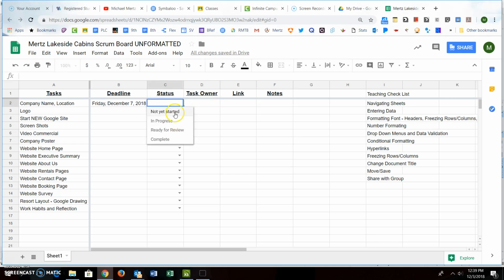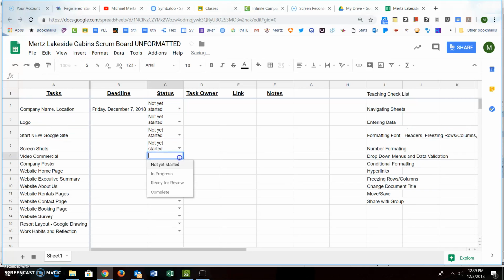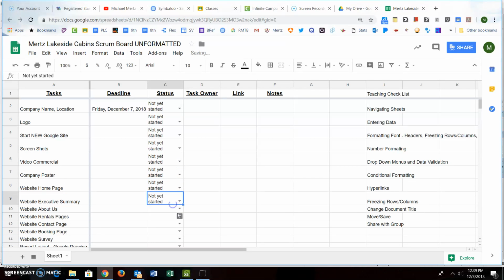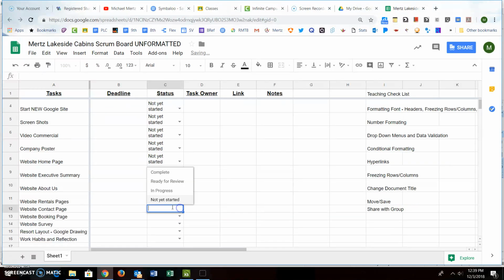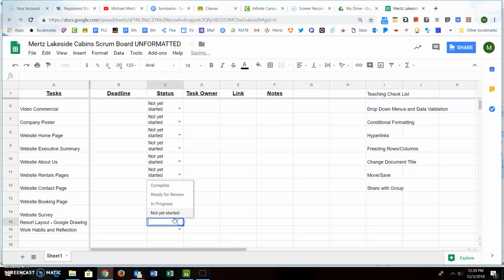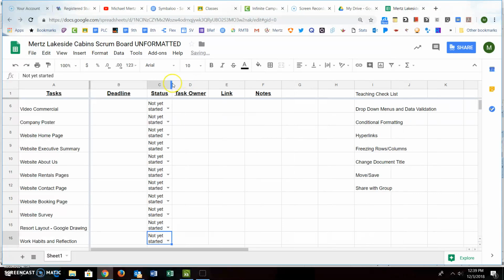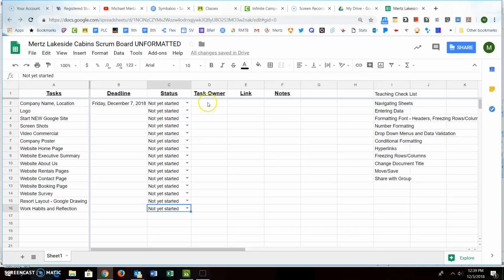So when we start on something, we can just make them all not yet started. Okay, and then for task owners, what you're going to do here is